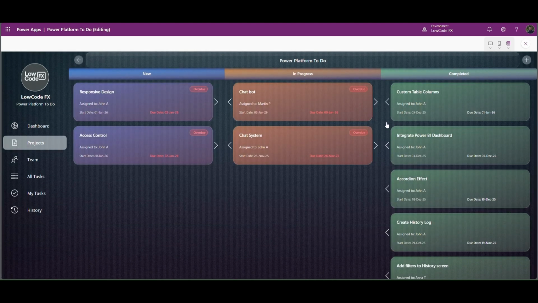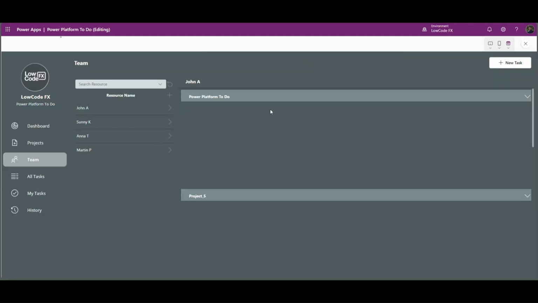I will go ahead and build the same on Teams where we have similar